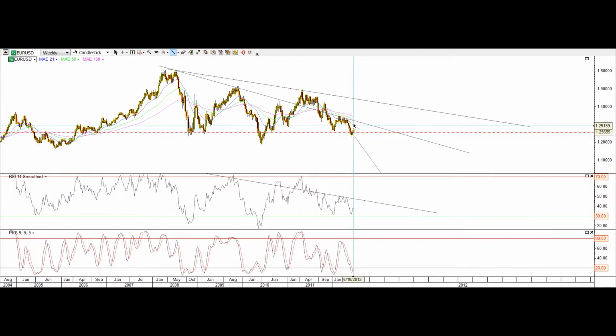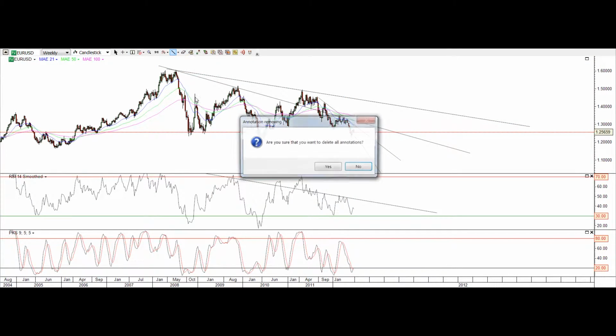It's also below all three moving averages on the weekly chart. It's under even more of a descending trend line right here. It's still under the 21 moving average. The RSI is still way below 50. The stochastics are low, so this is still looking very much negative. Even though we could get a rally once again up to maybe this horizontal point, 1.30, 1.31, somewhere there is possible. Let's get rid of these lines,